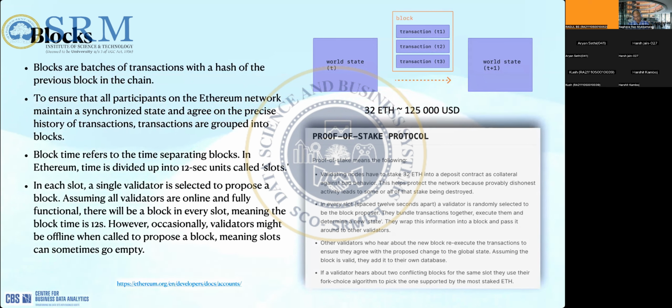If the node behaves correctly, there is no problem; they get the deposit back if they want to leave the network and go out of validation. But if the node performs bad behavior, for example tries to include a transaction which is not valid, then the 32 ether will be confiscated.